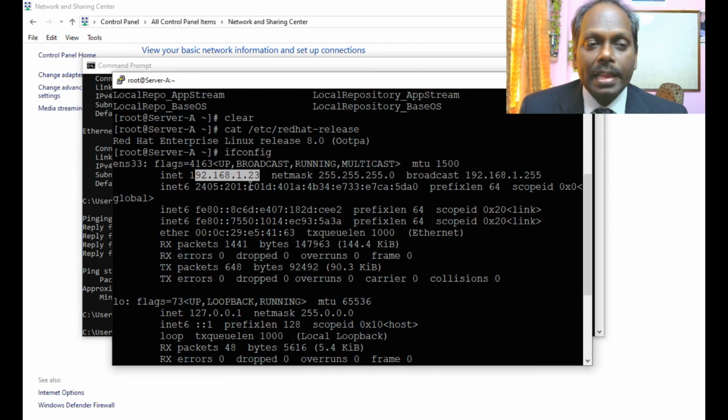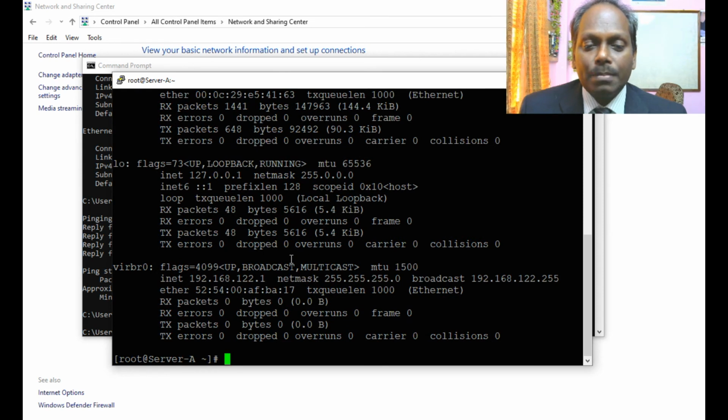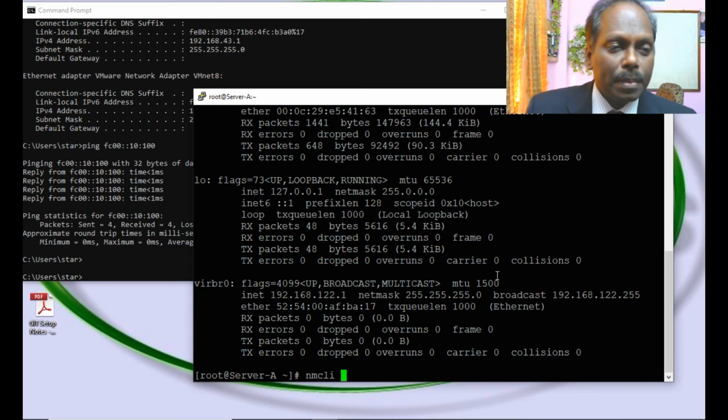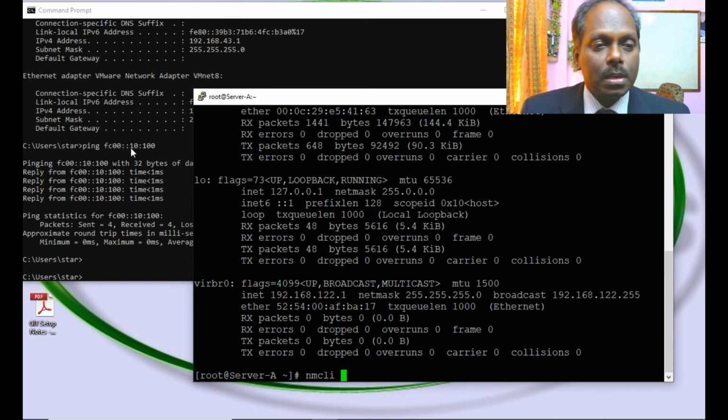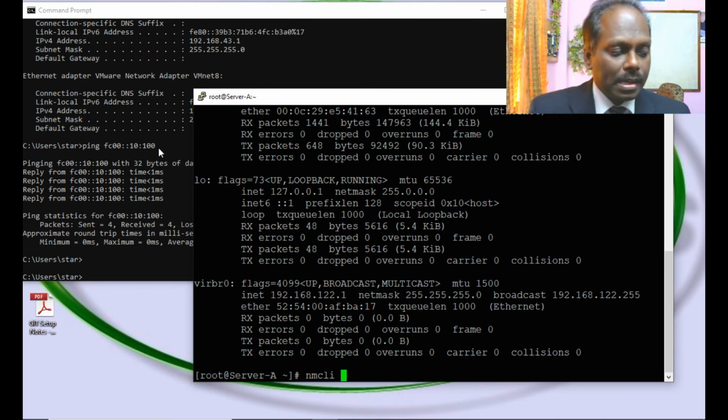For this I can use the NMTUI tool or NMCLI. I'll be demonstrating using NMCLI. Remember, the address which you are going to configure is next to this one, FC00::10:100. I'm going to use 101.